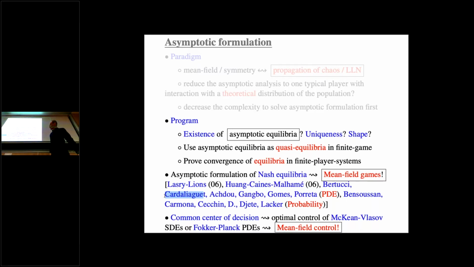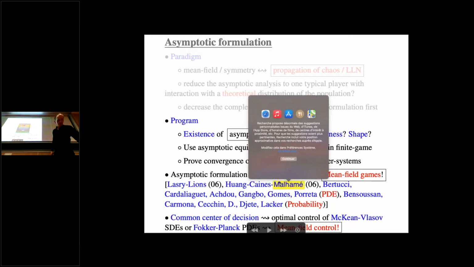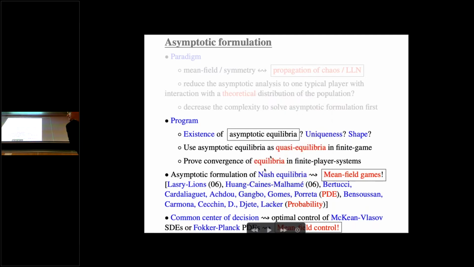Another group of people who studied mean-field games originally are those Canadian people, Huang, Caines and Malhamé. So you have them here. And maybe there are more models from the engineering point of view, connected to engineering, and this might be interesting to see, or to come back to their original point of view to see some practical motivations.